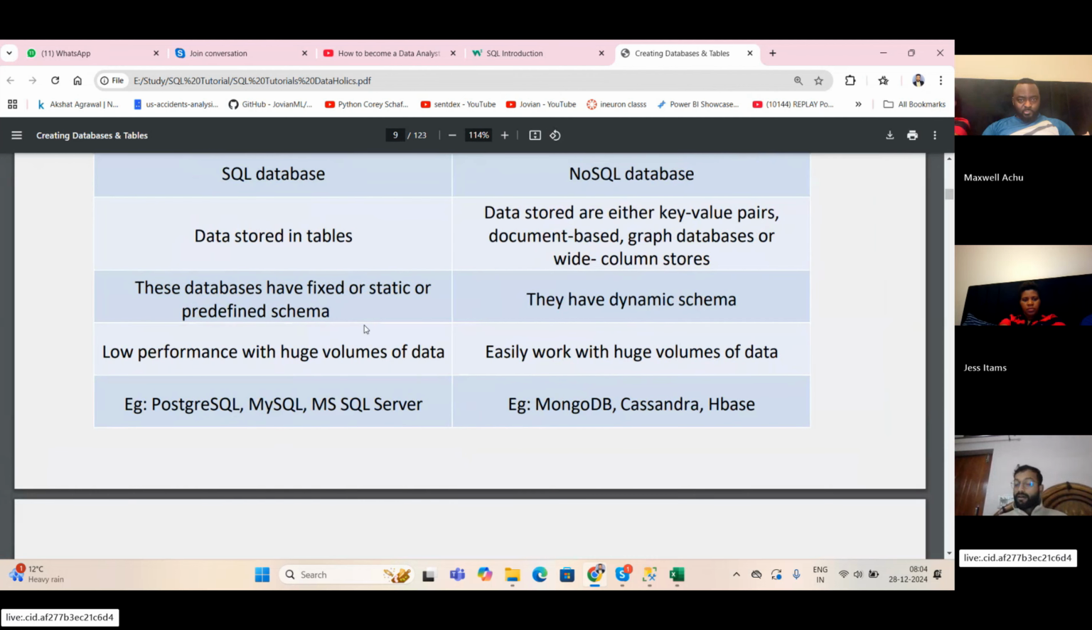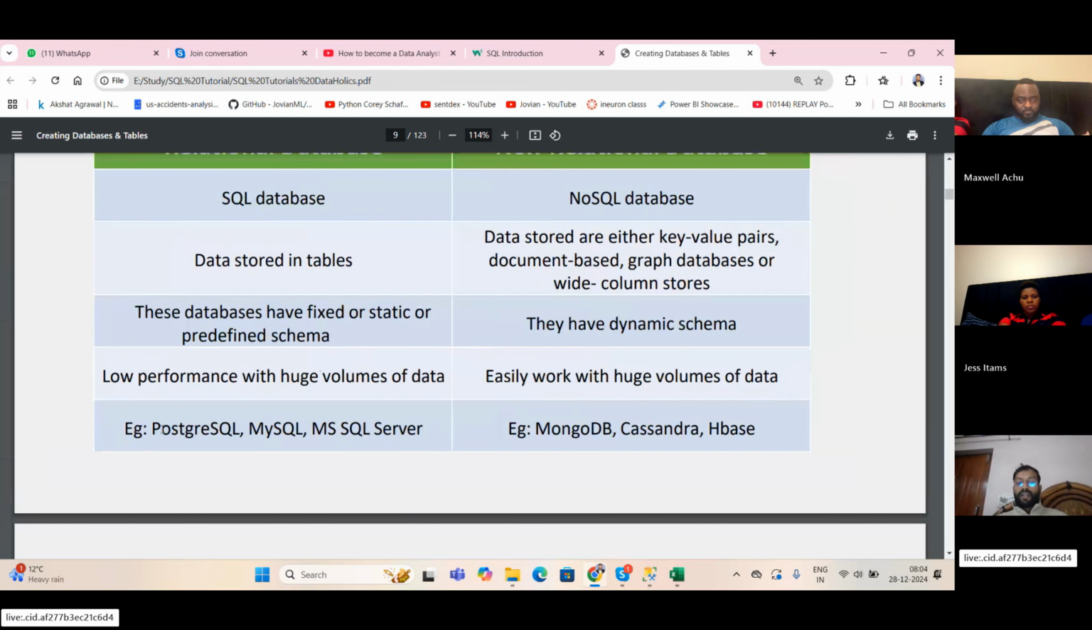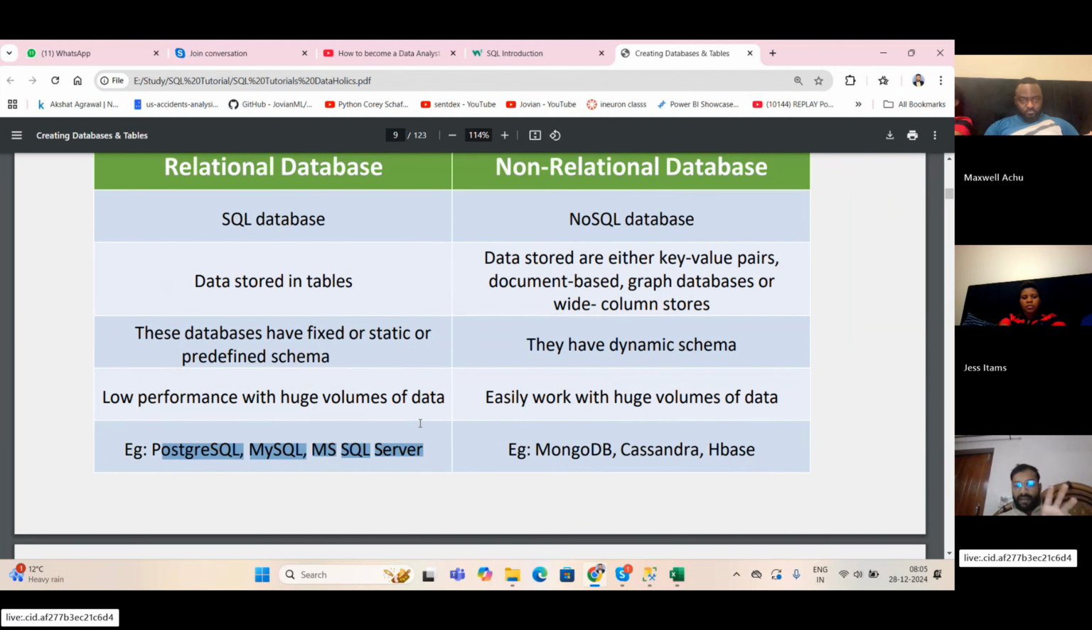Examples of relational databases are PostgreSQL, MySQL, MS SQL Server, and more. Listen very carefully, guys. The majority of relational databases, 90%, are the same. For example, in this tutorial, if I teach you Microsoft SQL Server, trust me, you can easily work with